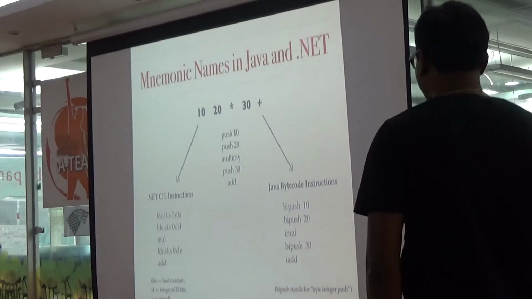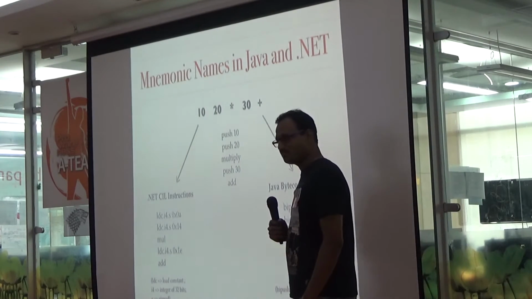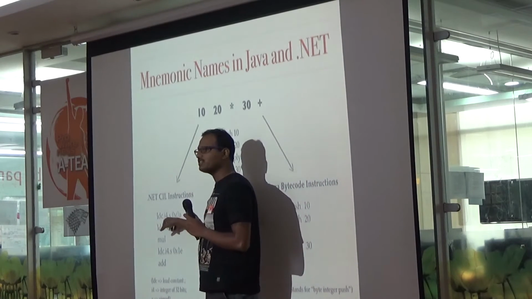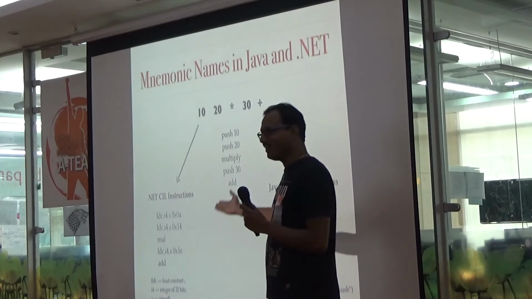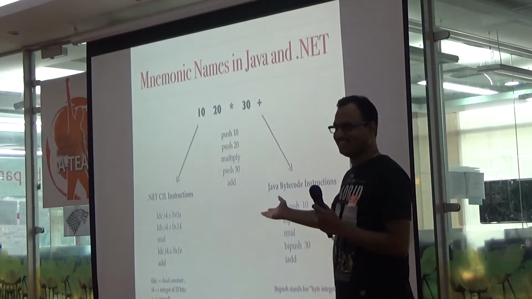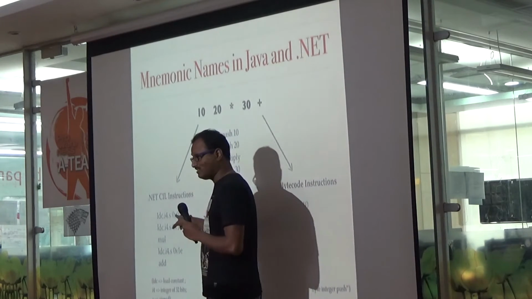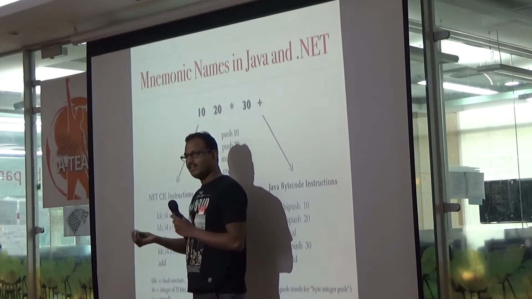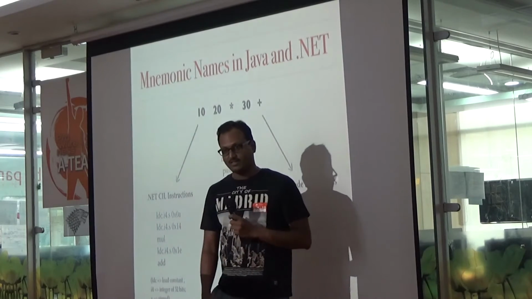Now the .NET teams or Java teams don't like our names, so they have their own names. In case of C#, instead of calling push 10, they call it by a complex name, ldc.i4.s, which is nothing but load constant of 4 bytes, signed value. So it looks very nasty, but it is not. It's a simple thing. It says, hey, give me a constant called 10.